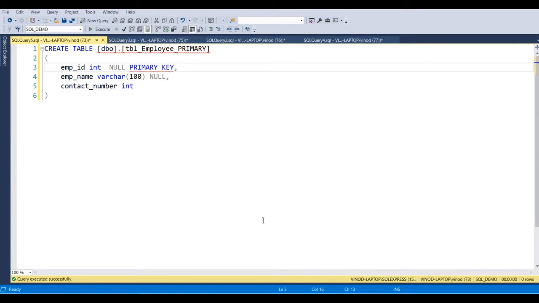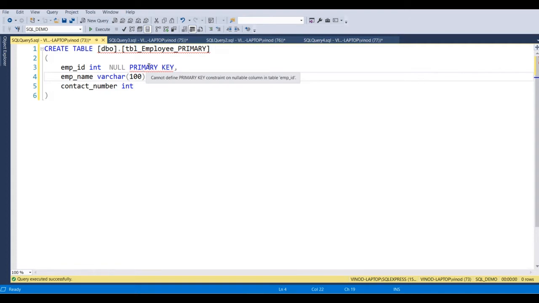We have one table in which there is a primary key. Employee ID, I have created it as primary key. Now you can observe over here that I have given it as null. Let's see what message we get. We can see a red line.